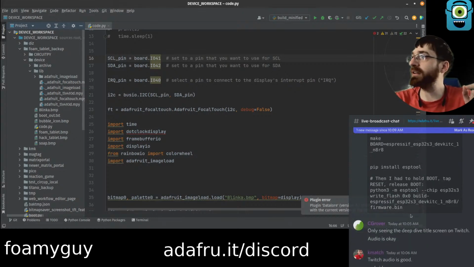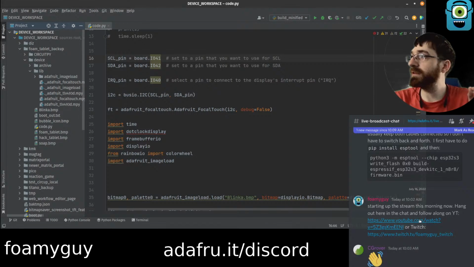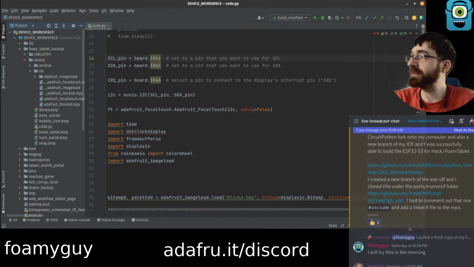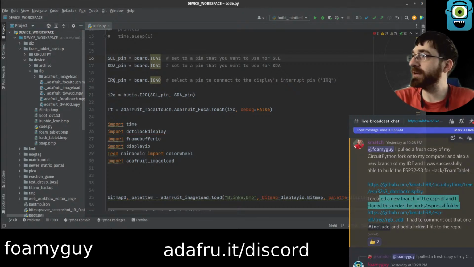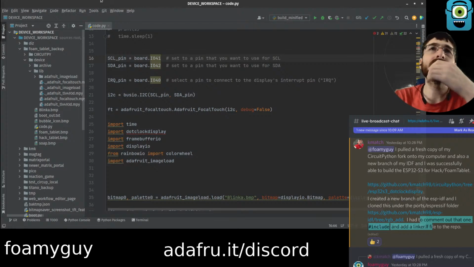Kmatch put in the chat a little ways up here a link to a new version of ESP32-S3, new branch basically. So we can give that a try. Create a new branch of ESP32-S3. Clone this. I cloned this under ports expressive. Let's comment out that one include and add a linker.lf file. We'll give that a try. So we can go, I think we did have